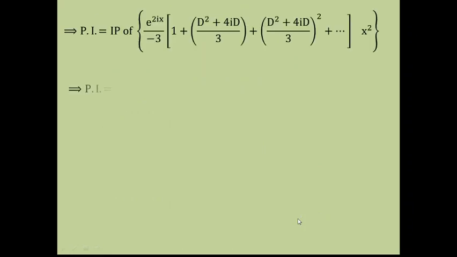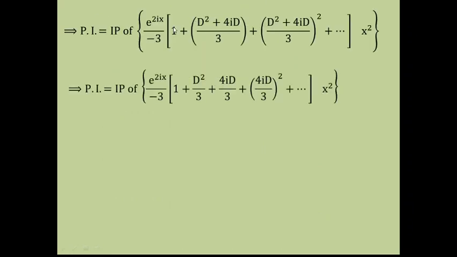We will apply the expansion formula. What is the expansion formula? It is 1 plus r, the value of r is this, plus r square. How many terms should we write? As the power of x is 2, we should write the terms in the expansion till we get D square. So here you can find, if I take the square of this term, here we have D, so D square. Here we get the term of D square. So I shall write r square also, right? 1 plus r and r square. In r, as I am having D, we should write this also.